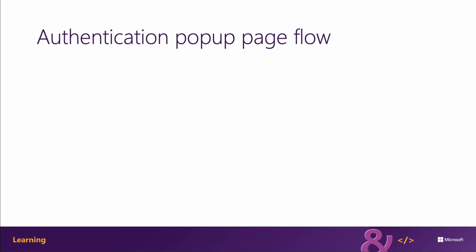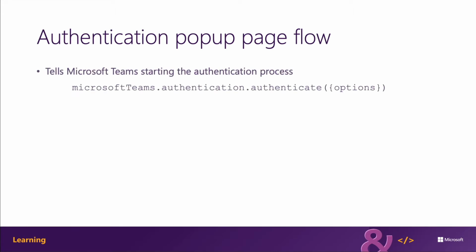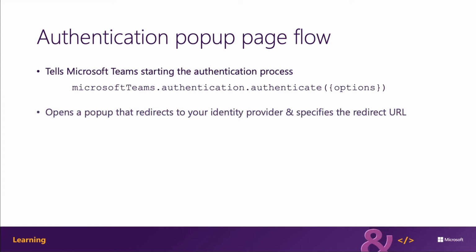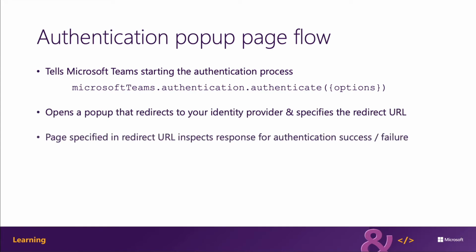The user is required to consent to these permissions to the application when they first sign in to the application. The Microsoft Teams JavaScript SDK contains an API to start the pop-up window authentication process. The microsoftTeams.authentication.authenticate method takes a single configuration object as a parameter, and you can use this configuration object to specify the URL of the page that starts the authentication flow and the success and the failure callback handlers when the process